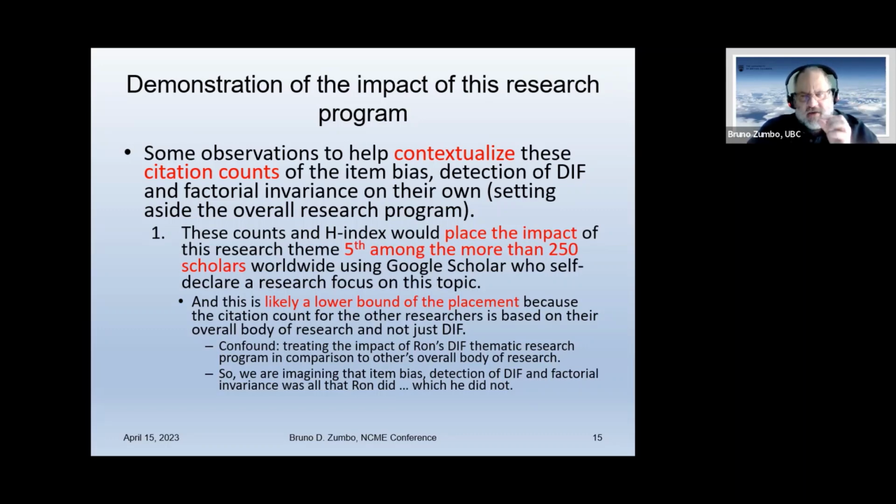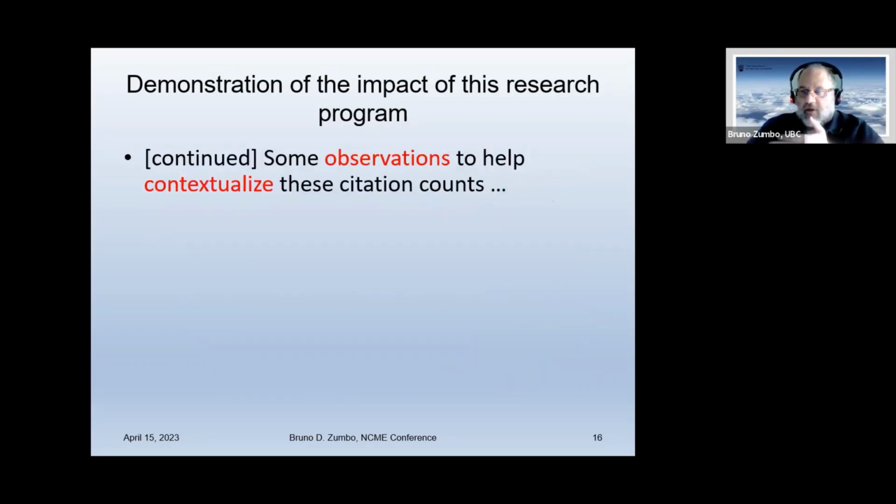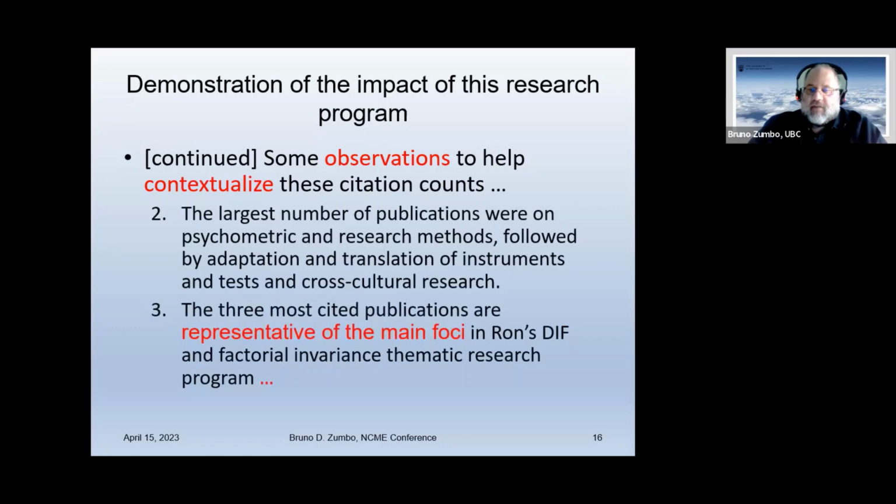That's a pretty remarkable achievement. I mean, just think about it. If he only focused on DIF and only did this work, it would still make a comparatively very, very large and important contribution. A few other observations is that the largest number of publications were on psychometric and